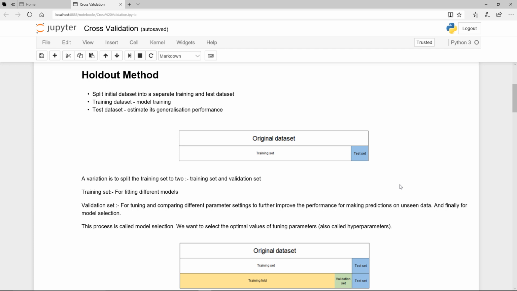So the holdout method works like this. You have the original data set and you split it into two portions. You split it into the training set as well as the test set. The training set is the set that you use to train your model. After you've finished training your model, you then use the test set to estimate your model's ability to generalize with data that it has not seen before. So this is really to allow you to get an estimate of how well it will perform